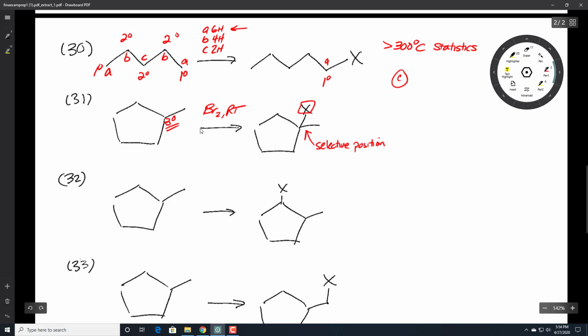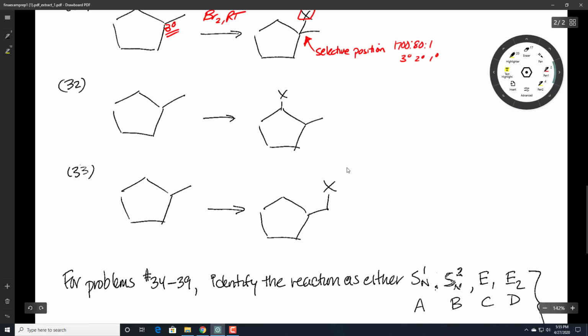And so I want the 1700 to 80 to 1 set of reagents, tertiary, secondary, primary. So I want to have the selective position here of the tertiary, so that would be bromination at room temperature. For 32,